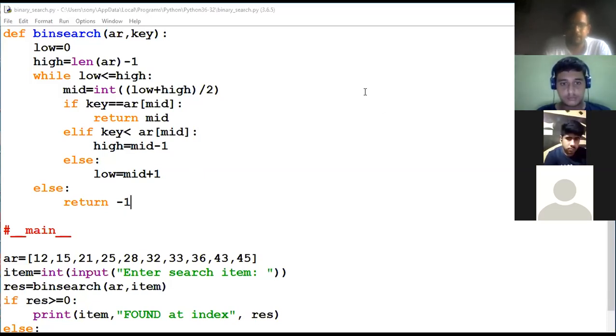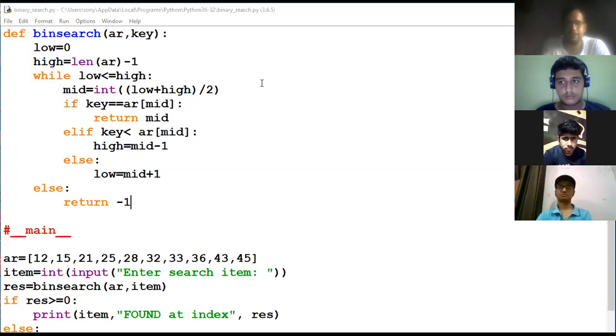Then we check our item with the mid value. If the item is found, this value will be returned. Otherwise, we go either to the left part or to the right part of the array. This is the way to search an element in binary search.